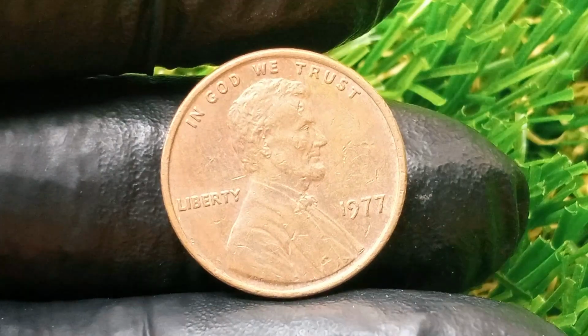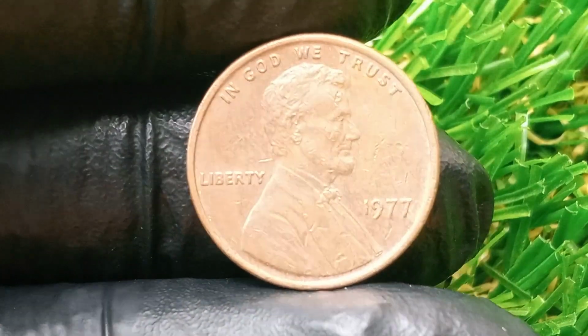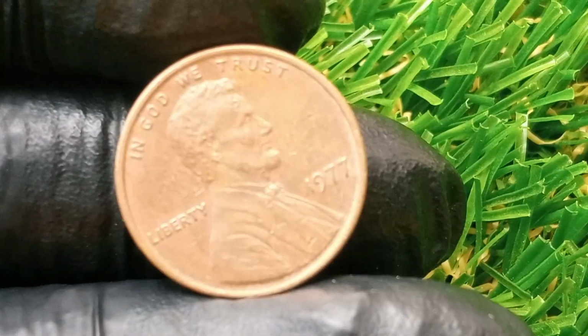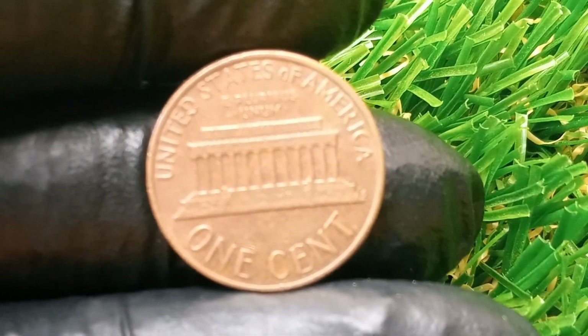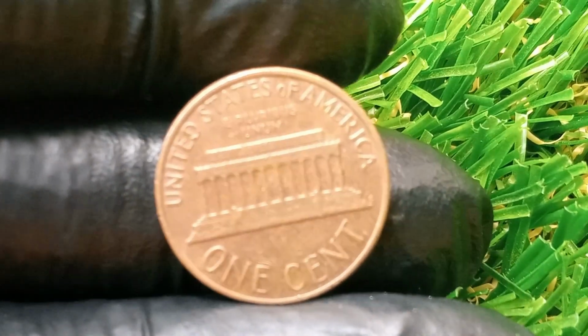During 1977, the standard 1-cent coin was struck with a 95% copper and 5% zinc composition, weighing 3.11 grams, featuring the bust of President Abraham Lincoln on the obverse and the Lincoln Memorial on the reverse, yet in a few ultra-rare and utterly baffling cases, a set of mistakes transformed some of these coins into something far more valuable,